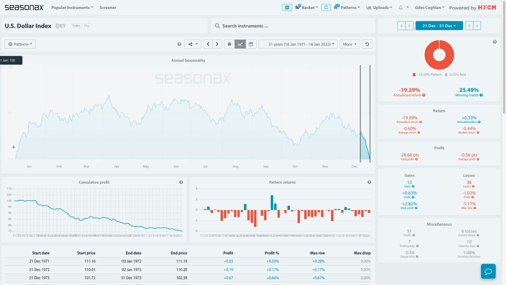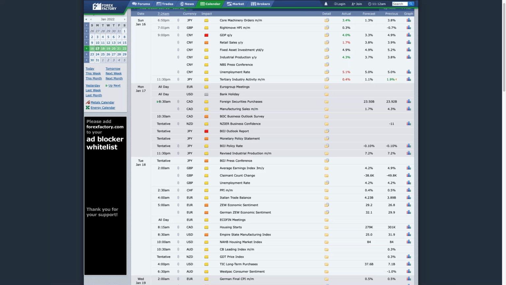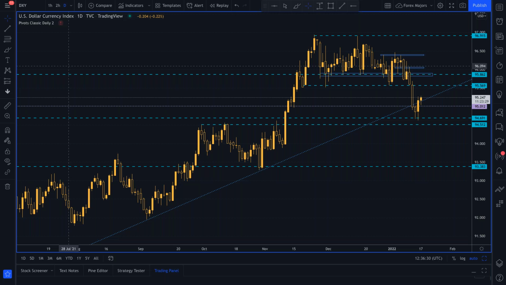There's a taxation reason for that. It's advantageous for US companies to take dollars off their books for registering their end of year company reports. Just as the dollar falls into year end, it rises quickly into the start of the year. So it wasn't a massive surprise to see the dollar being supported at the start of the year, because you tend to see dollar bids into the start of the year, and then with those very long positions, we had that CPI print out for the US.